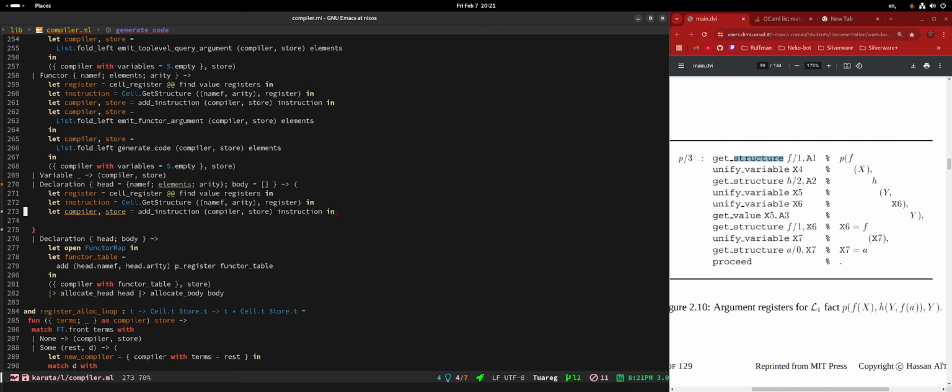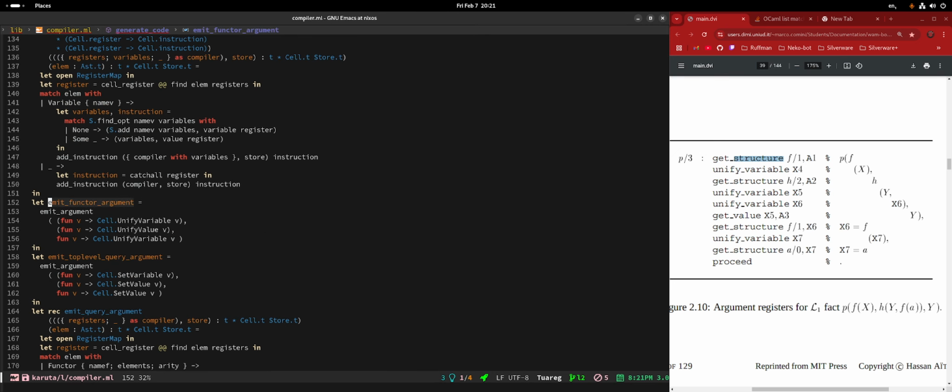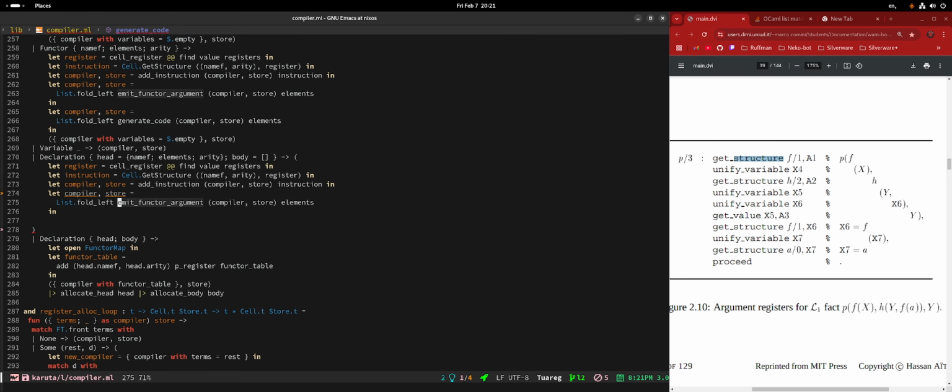So I think that's also what should happen in here. But we are doing emit functor argument, which has a unify variable thing, as you can see. But we are using that in which circumstances?